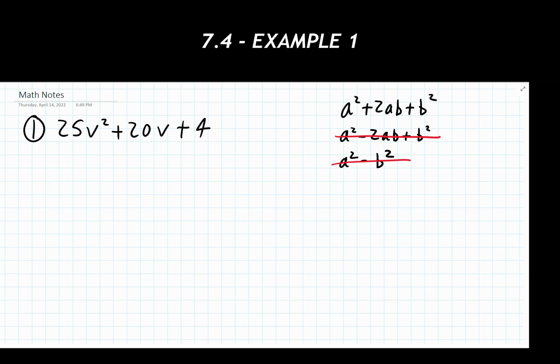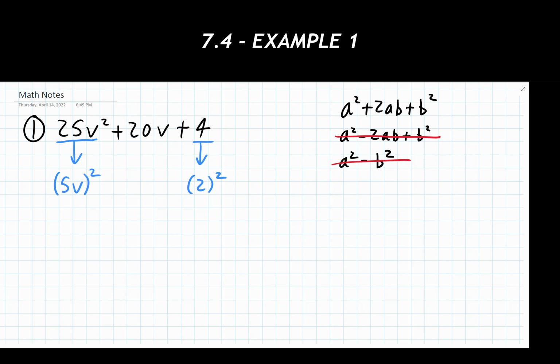So we can do a little bit of a check for ourselves to go through and see if this is the case. So let's take a look at the first term we have with this. So 25v squared. So this is a perfect square. If I were to think on this and say, well, if this whole thing is a perfect square, what is the thing that is being squared to get to this result? That'd be the same as saying 5v raised to the second power. So 5v times 5v, that's going to give me 25v squared. Okay, so that's the same as what I have up top. But what about 4? Well, 4 is the same as saying 2 squared.